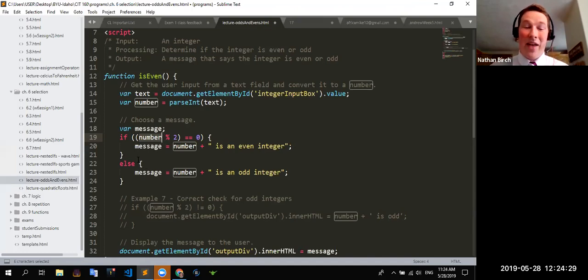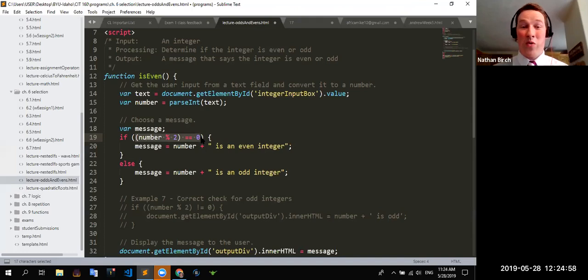Okay? If that number mod 2 is equal to 0, it means it's even, because it was evenly divisible by 2, which makes it an even number. If I had 4 mod 2, the remainder would be 0, because 2 goes into 4 evenly twice. If I had 50 mod 2, it goes in 25 times, 0 is left over, and 50 is an even number. So right here, to check in this program if it's an even number or not,